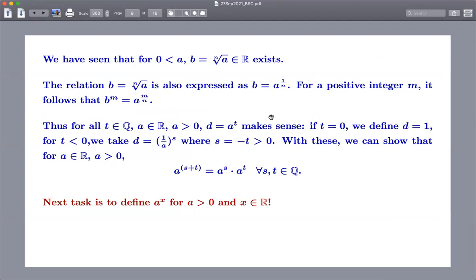In a sense, for the least upper bound property, most other proofs work by simple earlier relationships. Least upper bound was used in the proof of the Archimedean property. It has been used explicitly for defining a power x, where a is bigger than 0 and x is any real number. And it has been used twice, once in defining nth root, then a power t, and then a power x.